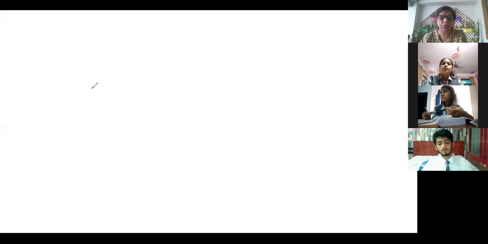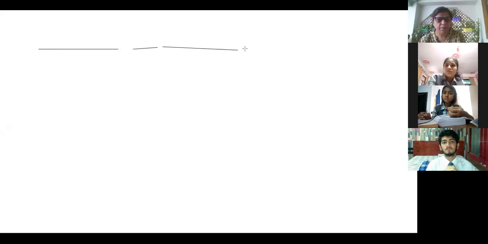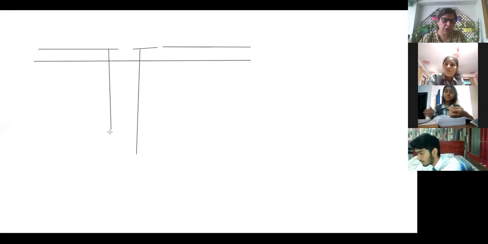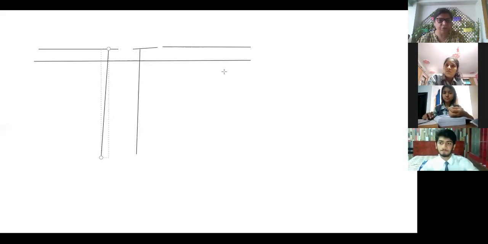Today we are going to practice more questions of T-shape account. So first of all, as I told you, we have one format like in this way. First of all, draw a T. After drawing the T, of the same width, you have to draw the two columns.